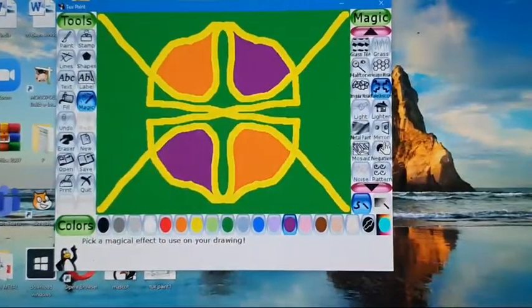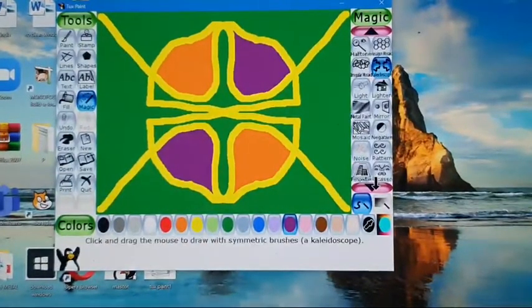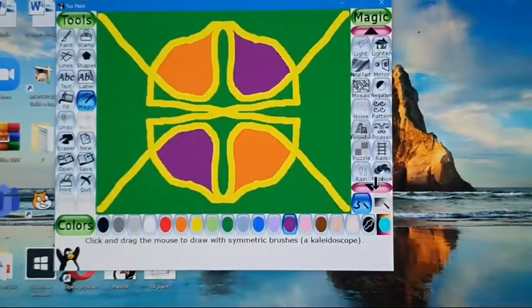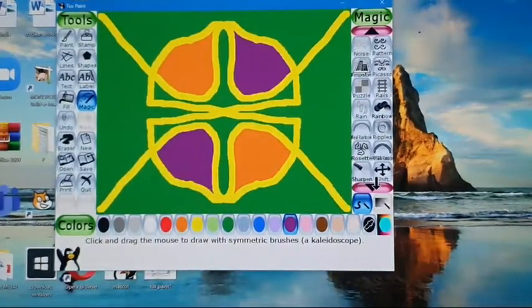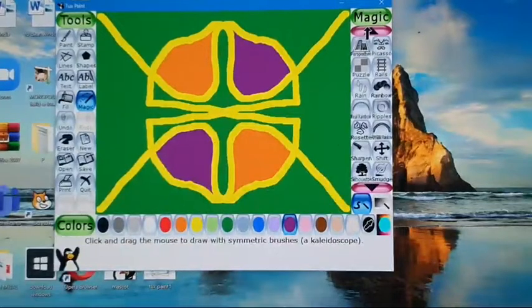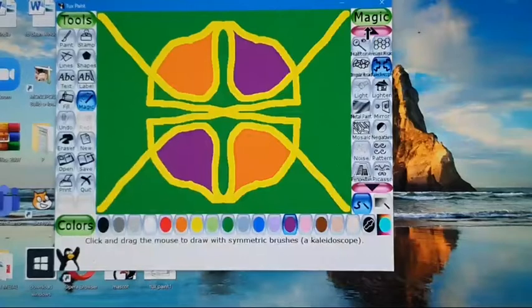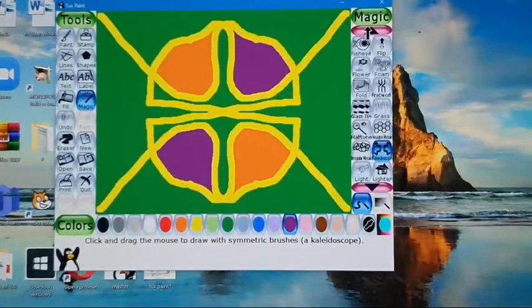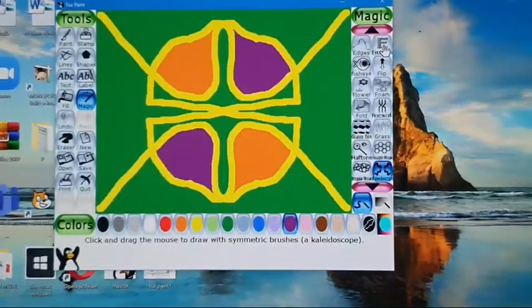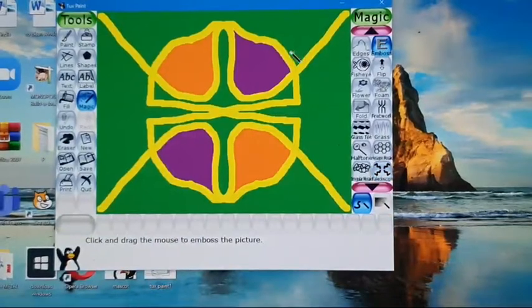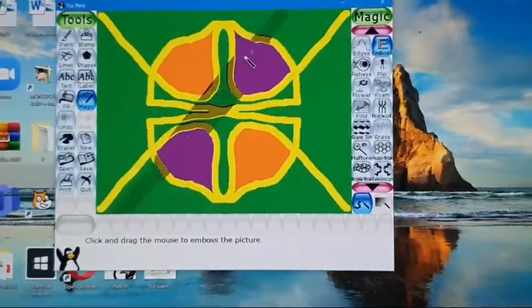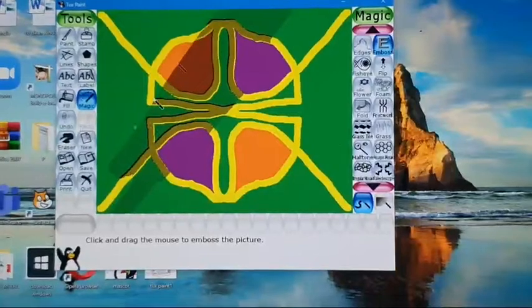Just select emboss effect. See here, emboss effect I have selected. Now with the help of magic wand we can do it.